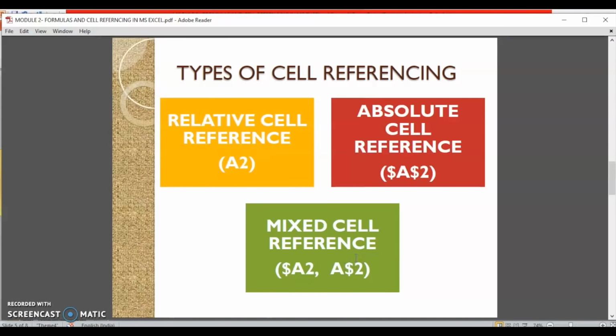Then the third type of cell reference that we have is the mixed cell reference. It's a combination of relative and absolute. So here we are fixing either the column or the row by putting a $ before them. If I put the $ before the column, it makes the column fixed but the row will change. And if I put the $ before the row, the row will be fixed but the column will change on copying. Mixed referencing is particularly used where we have to copy the formula both in the rows as well as in the columns. We'll see all three kinds of references with the help of one example.